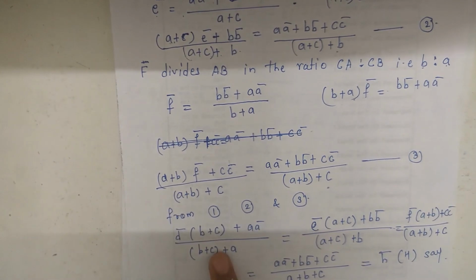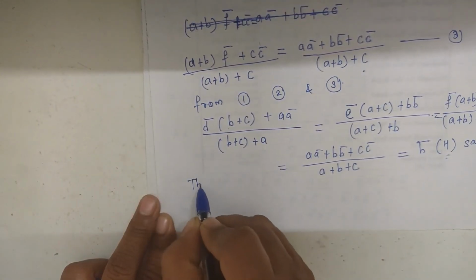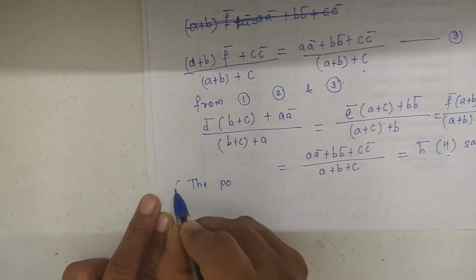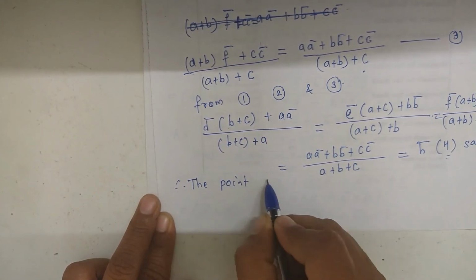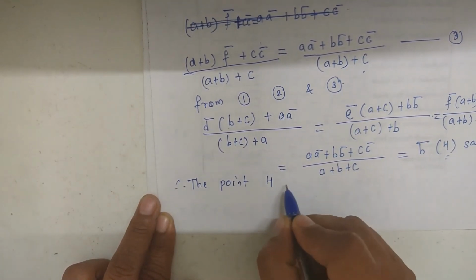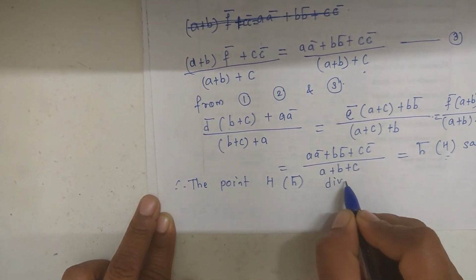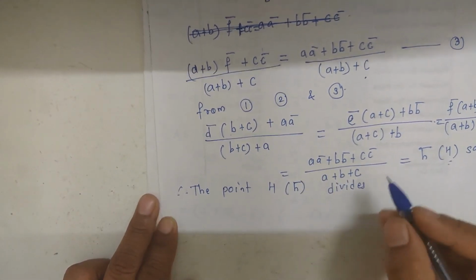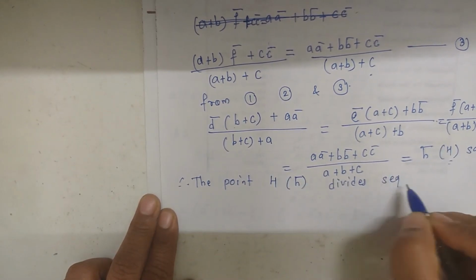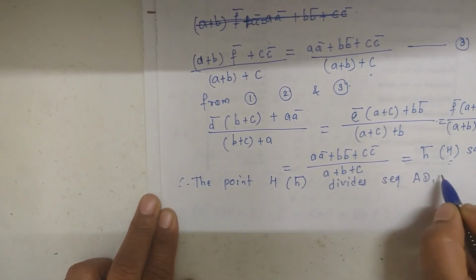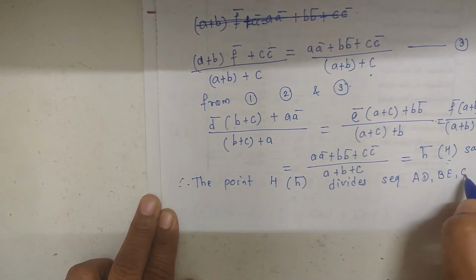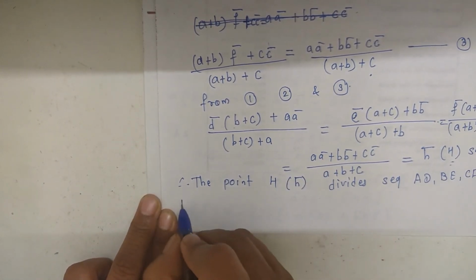From this equation, therefore the point H with position vector H bar divides segments AD, BE and CF in the ratio